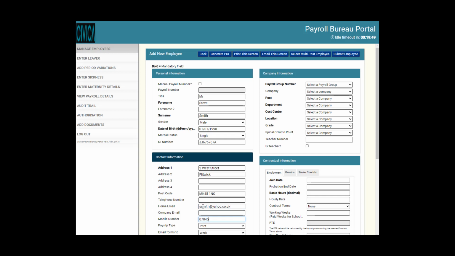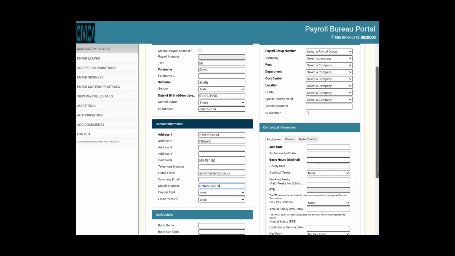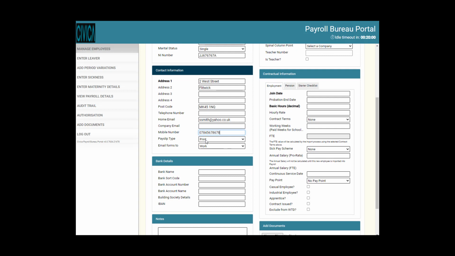At the top of the screen, once again, once the record is saved, users have the option to output the information to PDF, to screen or email. In here, we also have some options around the payslip type and where we're going to be sending that payslip to, whether that be the home email address or work email address. Once that has been set up,